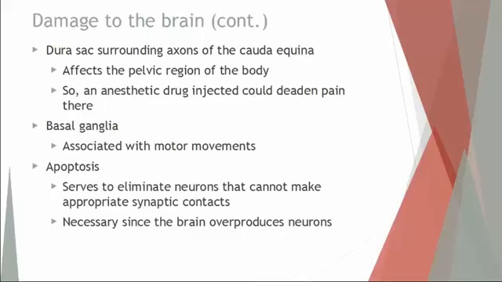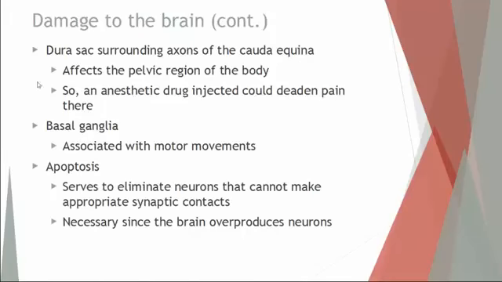And the reason why this area is called the caudal equina is that the spinal cord itself actually ends at the lumbar vertebrae of the vertebral column, but axons will extend beyond that point. And if you look at them, they look like threads of hair, so it actually looks like a horse tail. That's where you get the name caudal equina from. Caudal meaning tail or tail end, and equina is a reference to equestrian or horses. So it looks like a horse's tail just beyond the terminal point of the spinal cord.